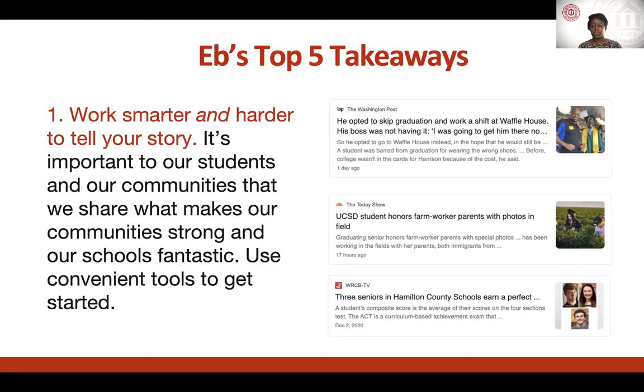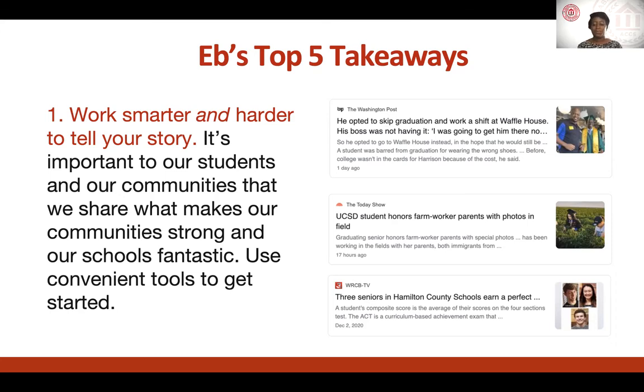The one below on the Today Show, that's not a local story, but it is a story about students who went back and started taking pictures in fields. And I'm sure you've seen a lot of really neat and unique photos on social media now because people are paying homage to where they came from. And so seeing these stories and sharing these stories, whether it's the student who shared it or their families who shared it, are a big deal.